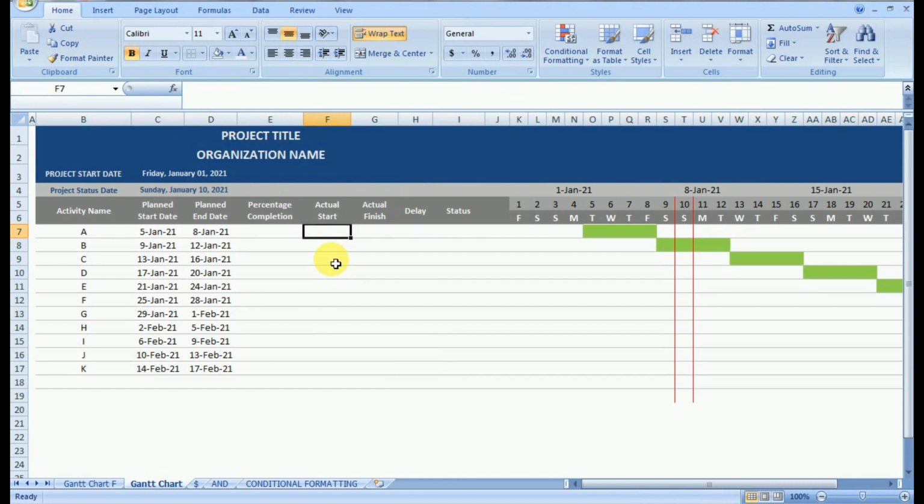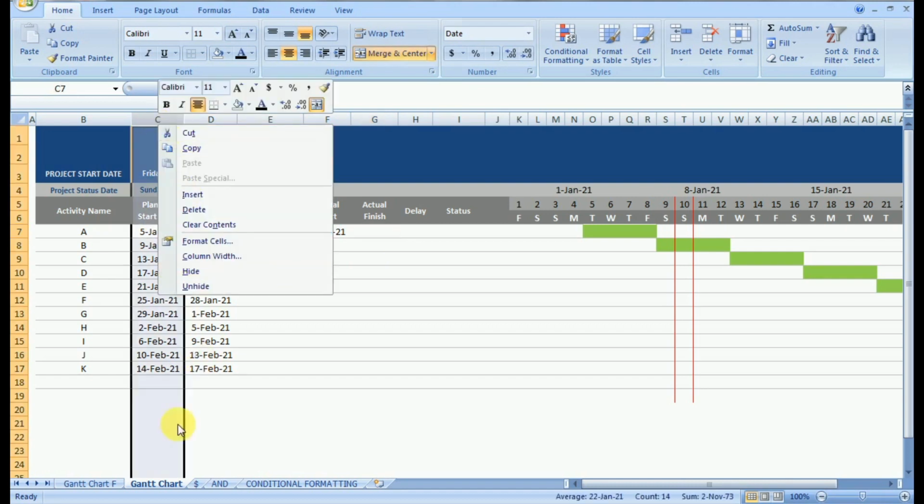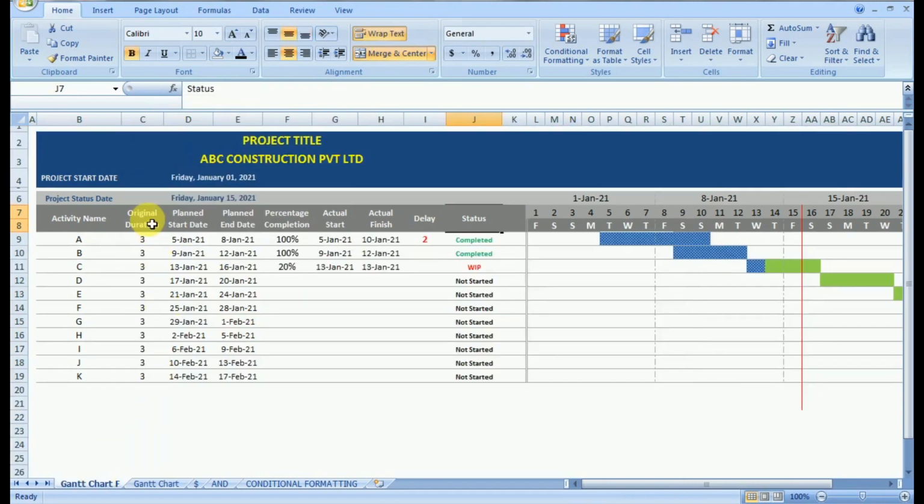Now based on the progress, we can define the actual start and the actual finish of the activity. And our objective will be the automatic update on the Gantt chart. So we will provide the actual start and the actual finish for the activity and our objective will be to make the Excel automated so that the Gantt chart gets automatically updated.